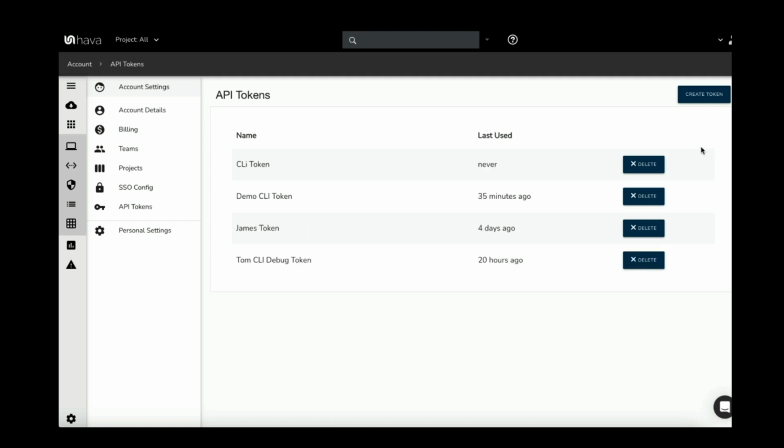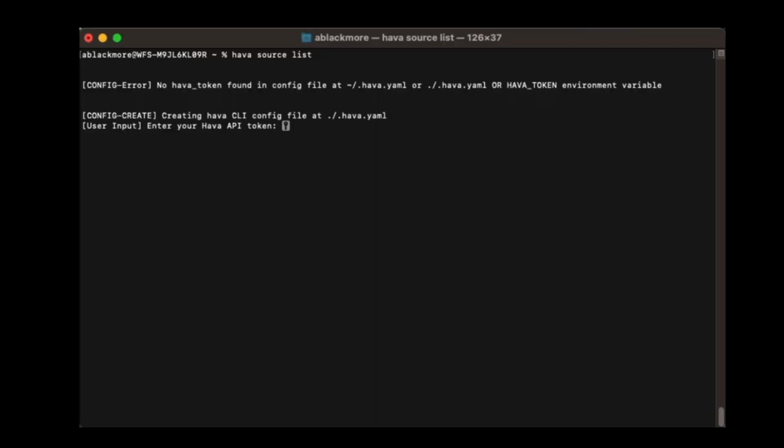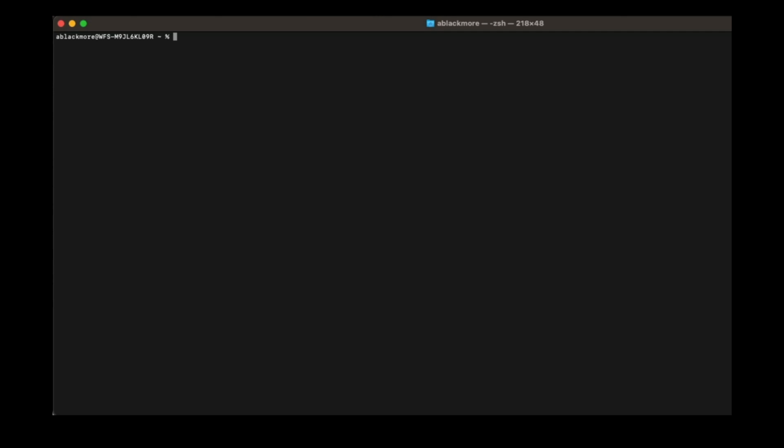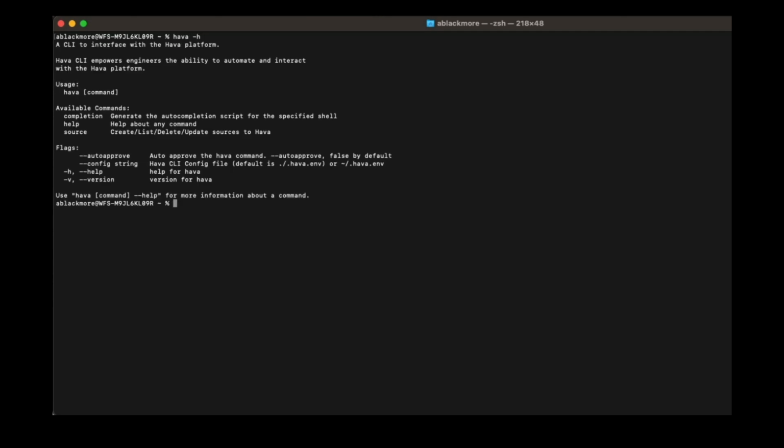Once we've got that, we'll hop back to our terminal window and paste in the API key. Just press enter here to accept the default location of the application and also the default location of the YAML file, and that will then be created. Now, to test, we can